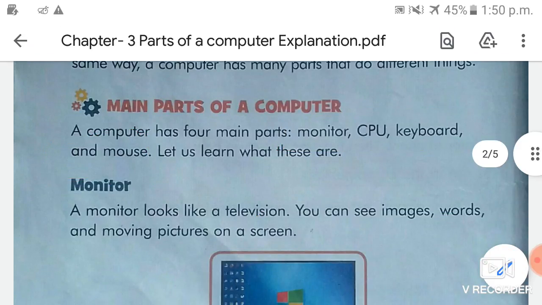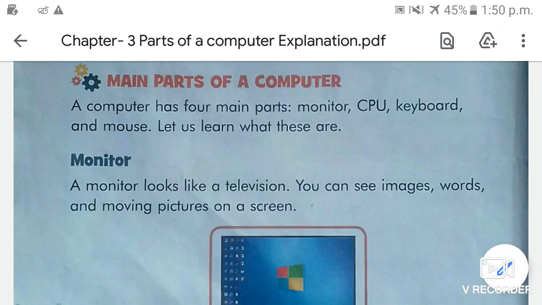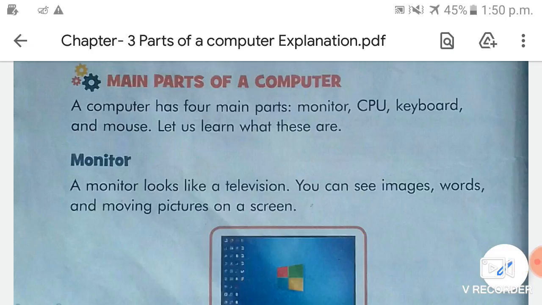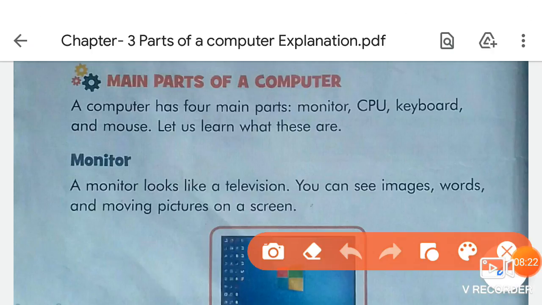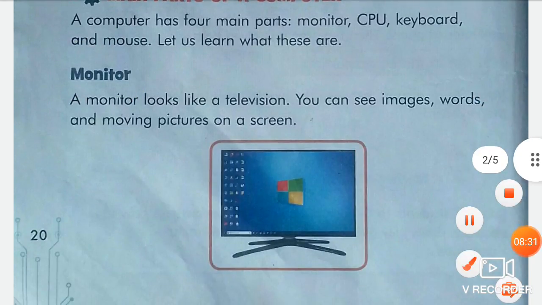Let us learn what these are and what the work of these parts of a computer is, okay? The first part is monitor. So let's learn about the monitor.